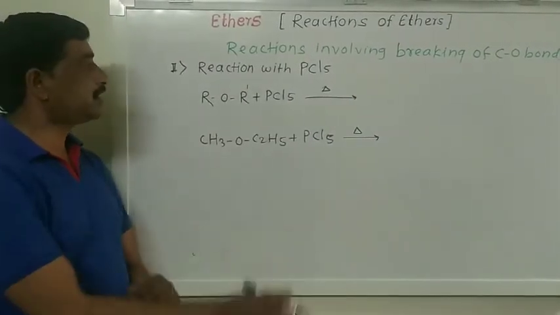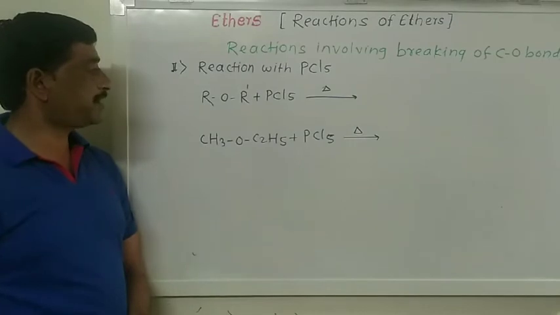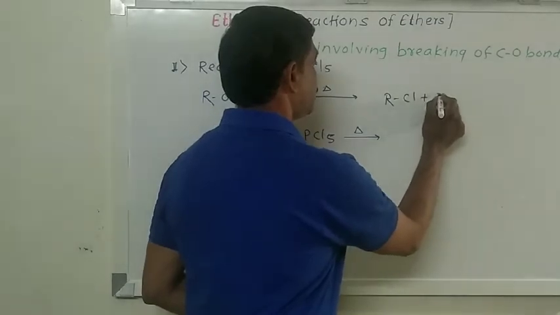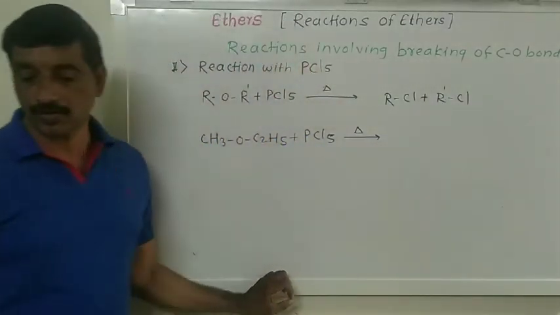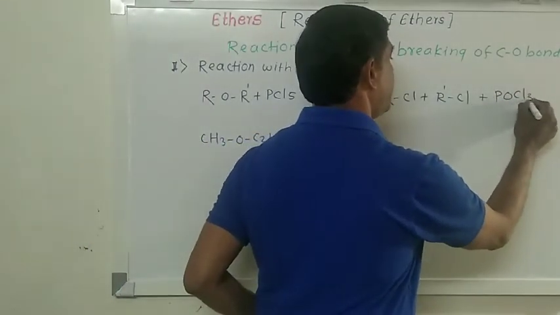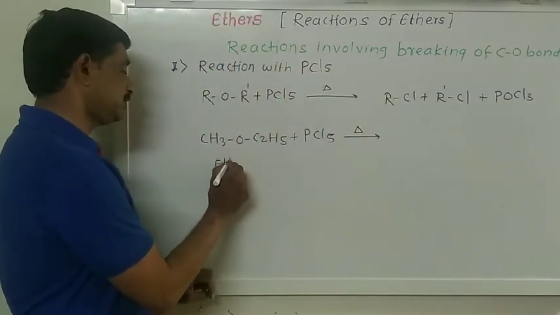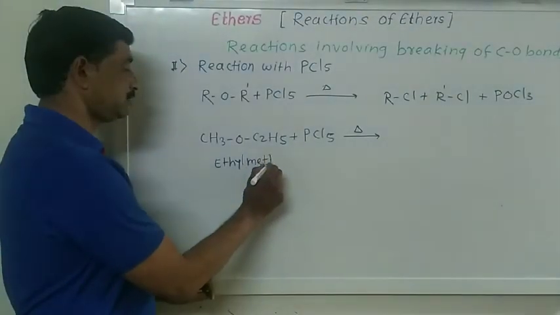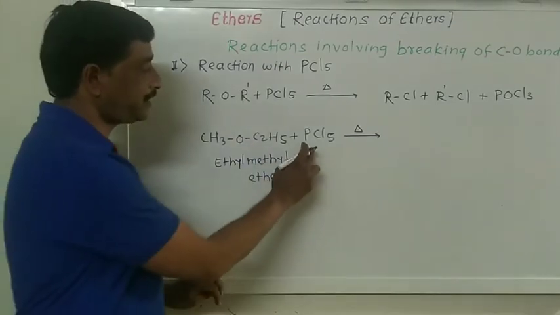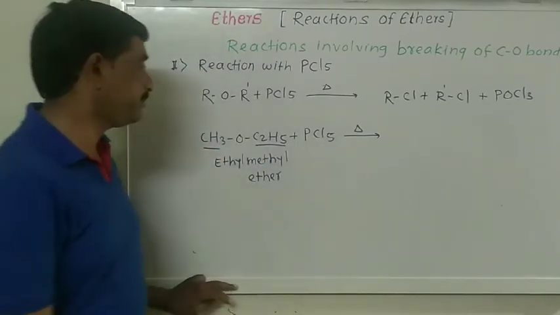The second reaction of ether is the reaction with phosphorus pentachloride. When ethers are reacted with phosphorus pentachloride, they give a mixture of alkyl chlorides plus POCl3 as a byproduct. Here we take the example of ethyl methyl ether. When this ethyl methyl ether is heated with phosphorus pentachloride, these alkyl groups combine with the chlorine atom and they will give us